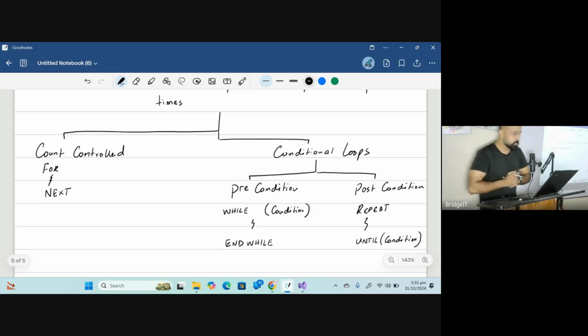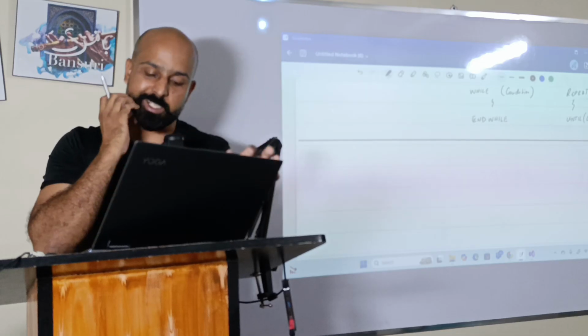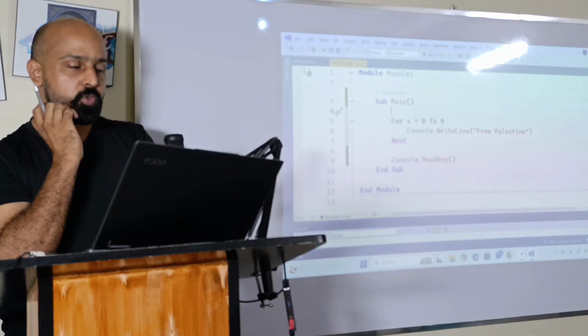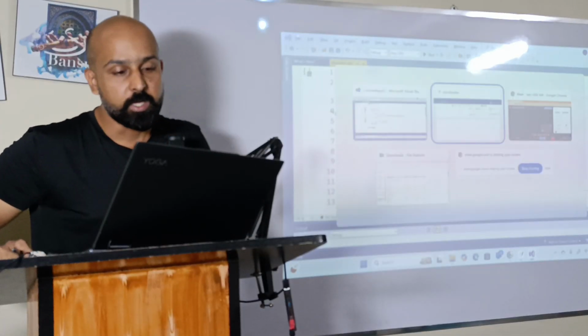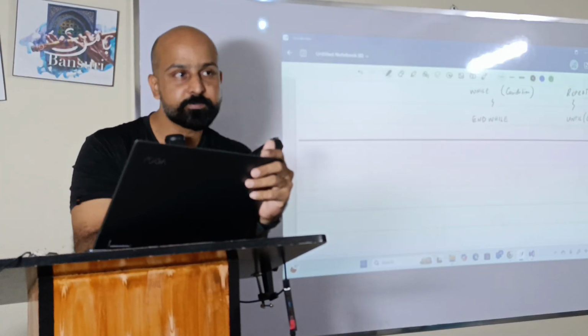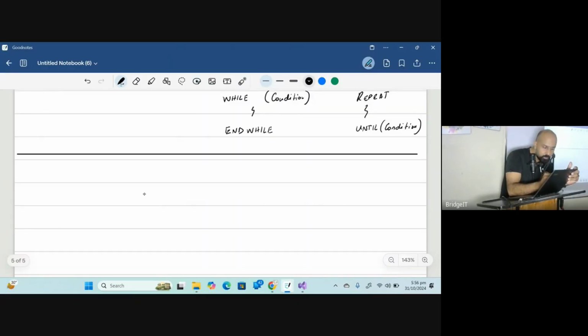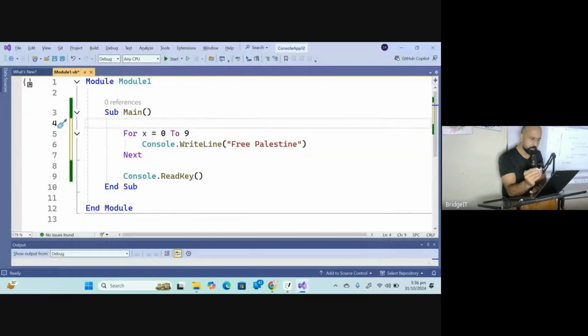So I'm going to use the very first count controlled loop, for next. Okay, people, I'm going to convert this VB code into pseudocode. Okay, Osman? Osman Jacob. So FOR x, what was the variable that I used there?